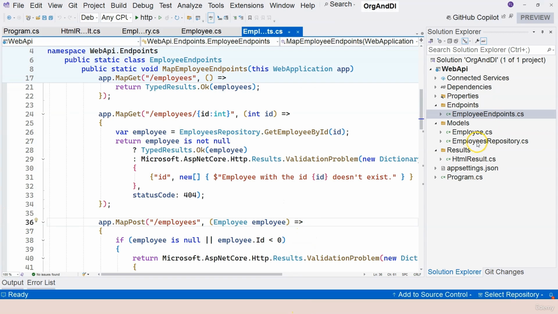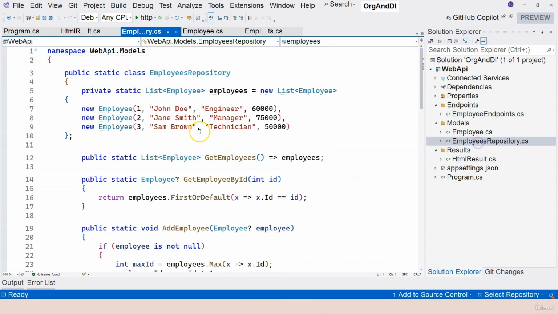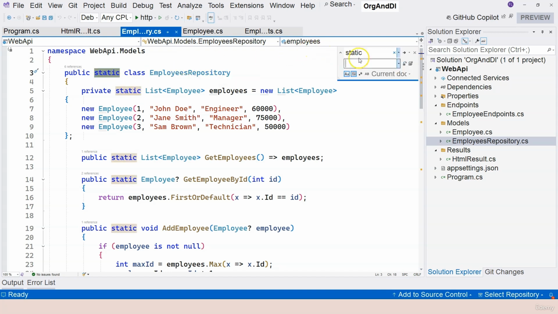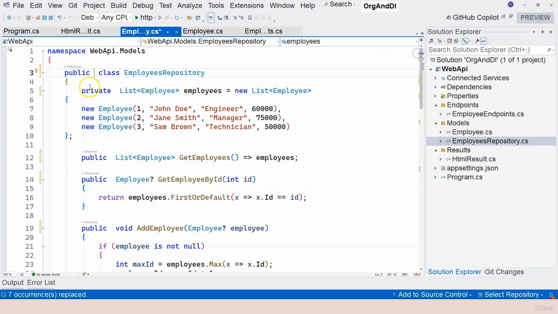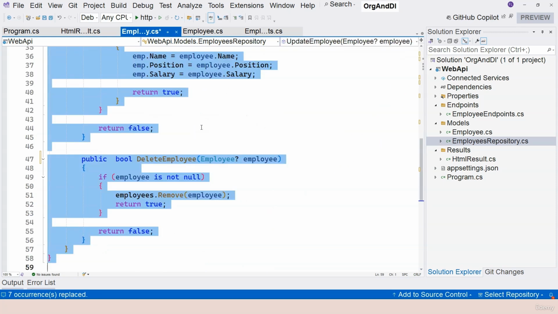Let's go to employee repository first. And in order to implement that, first of all, we cannot use static anymore. So let's remove static, replace static with empty space. Okay, so now it's not a static class anymore. Let's format it,